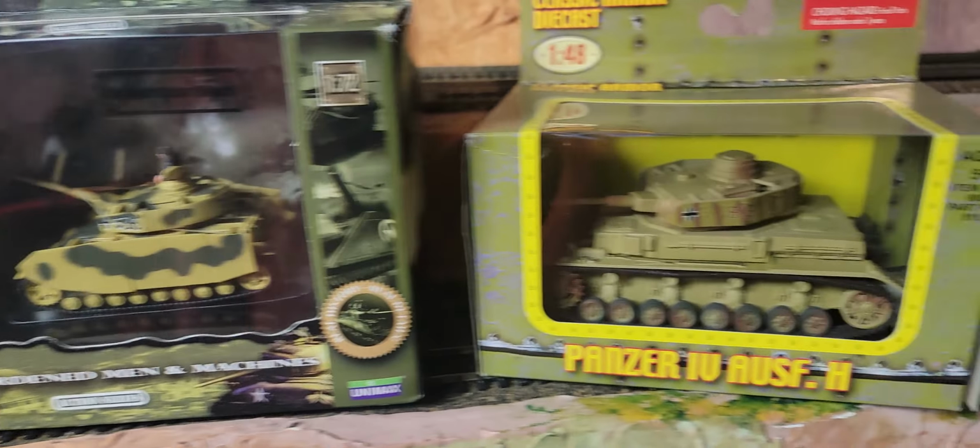So these are some of my collection. I like to collect World War II related stuff,